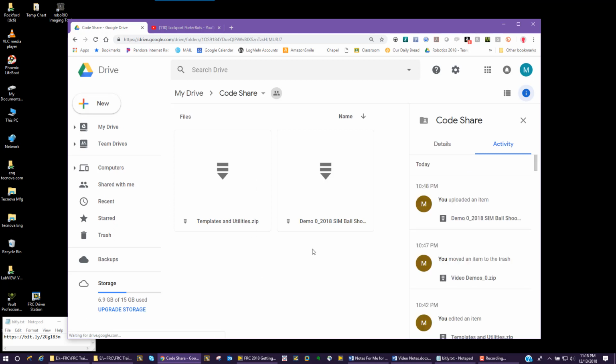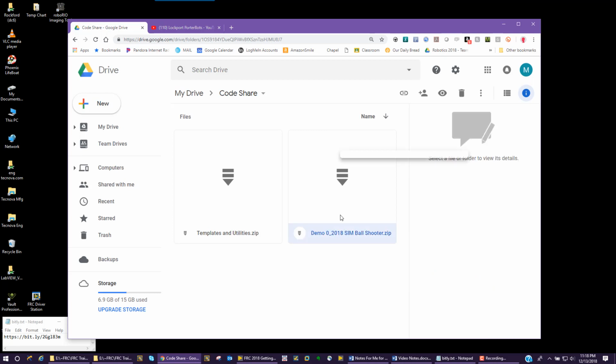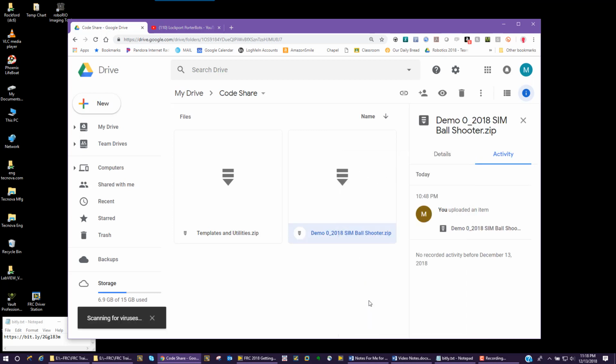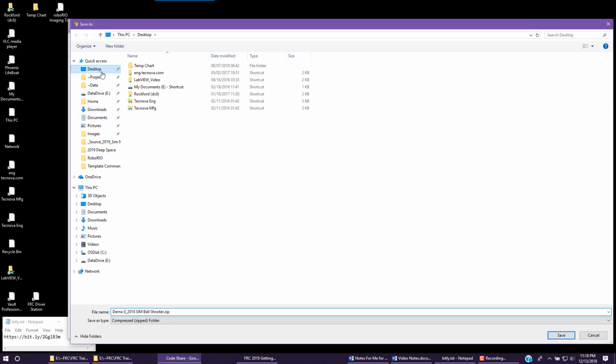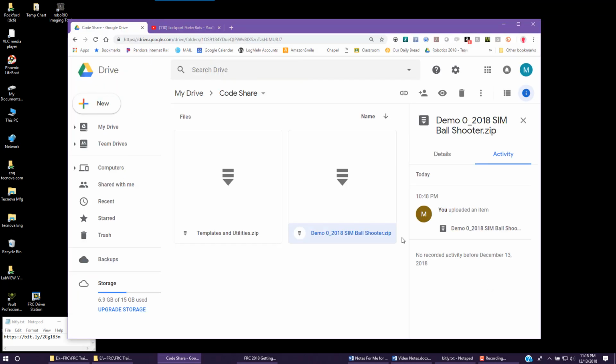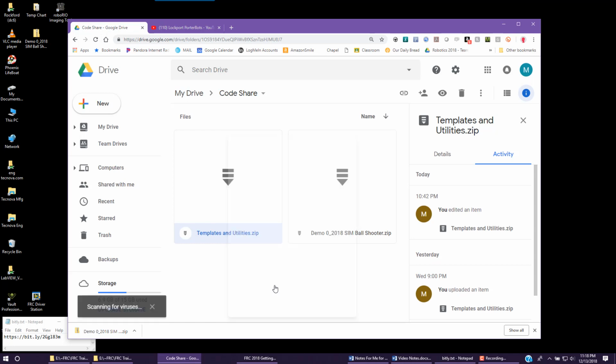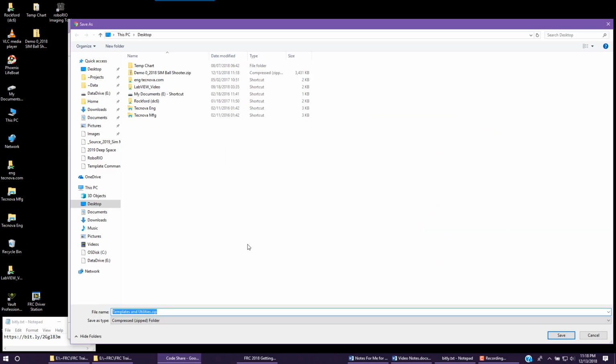So there may be several more here by the time you get here, but we're going to download the templates and utilities zip file and the demo 0 ball shooter zip file. So I'm going to right click, download, and I'm going to put these on my desktop. Right click, download, again on my desktop,